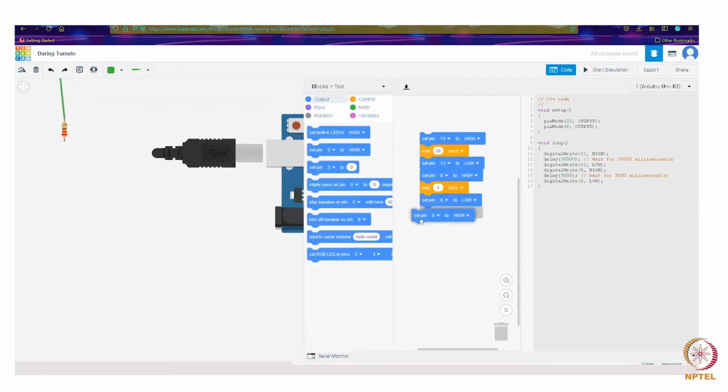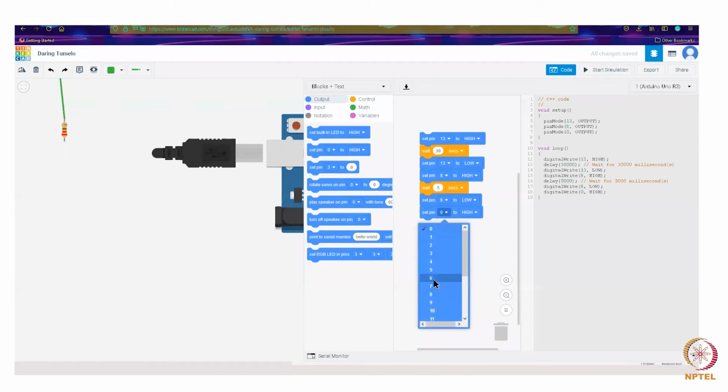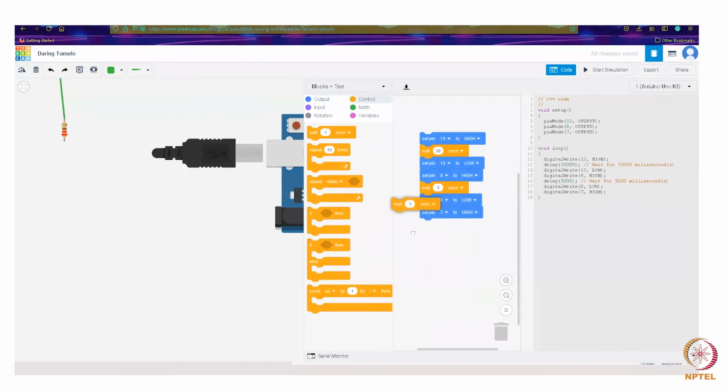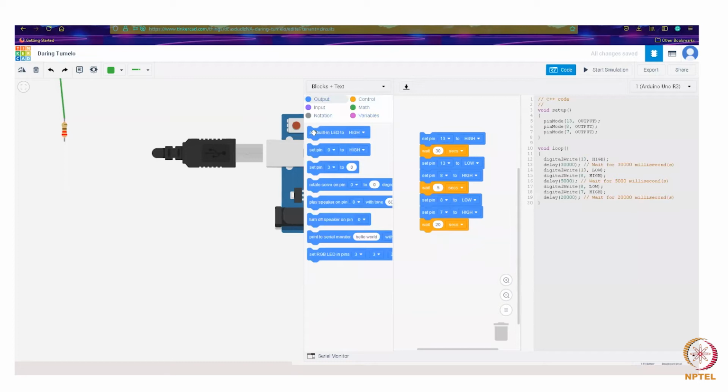And now we will set the 7th pin, which is a green light, to high. Then we'll wait for 20 seconds. So this should be our code. And again, we have to make sure we set this pin to low so that the green light would go back to its original state. And now again, this goes back to the red light. It will wait, and then yellow light. It will set to low and back.